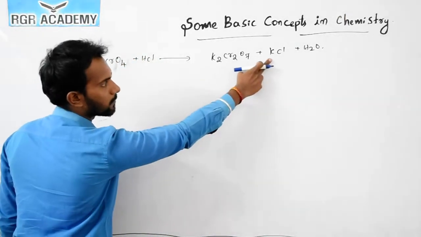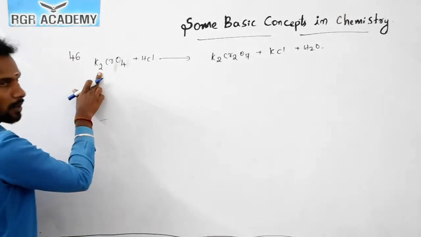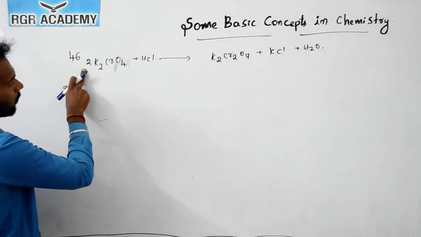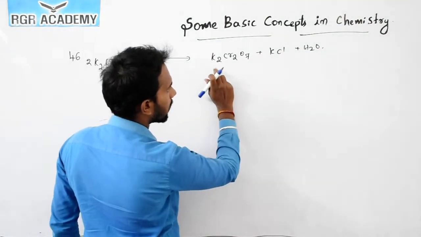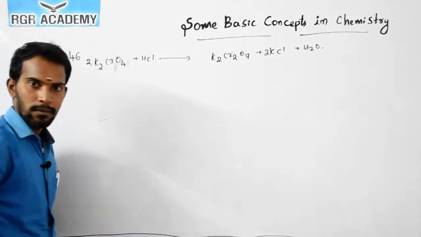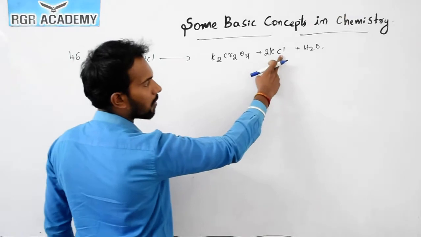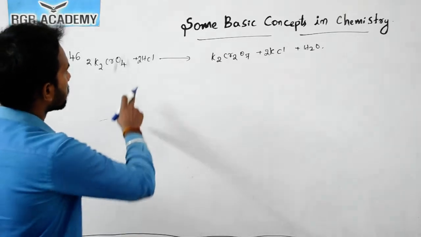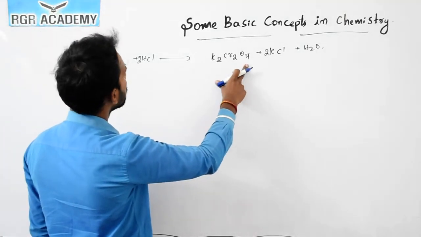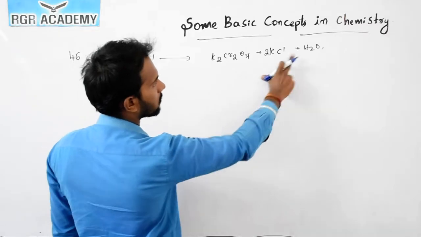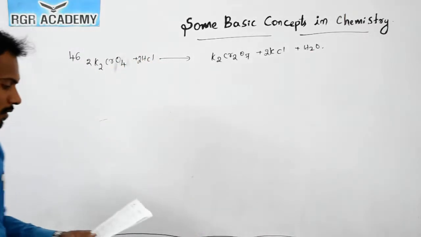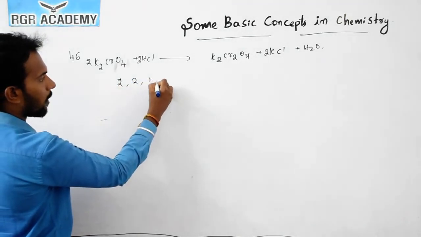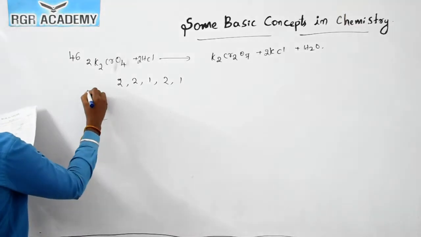Here is 2 plus 1, 3 potassium is there. So this reaction is not balanced. So we will double this equation. So here how many potassium are there? There are 4 potassium atoms. So there are 2, so multiply with this one. Then how many chlorines are there? There are 2 chlorine atoms. So give 2 HCl. Then how many hydrogens? 2. How many oxygens are there? Here totally 8 oxygens. So it is 1. Okay. So what is the answer here? So 2 and it is 2, 1, 2, 1. So the answer is 1.